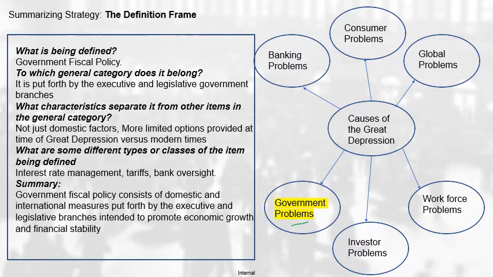First, asking what general category it belongs to, put some different thought processes and connections together. Well, it's put forth by both the executive and legislative branches. What characteristics separate it from other items? In this, it's not just domestic, it also deals with some things in the world, so that's guiding the students again to try and wrap their arms a little better around what government fiscal policy is, give some different classes or components of it, interest rate management, tariffs, banks,